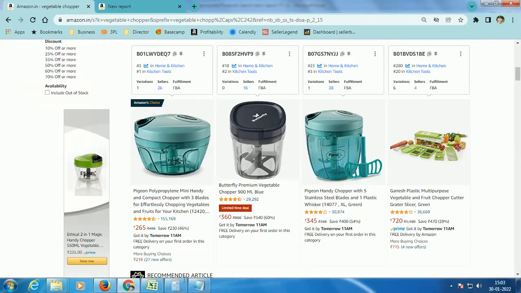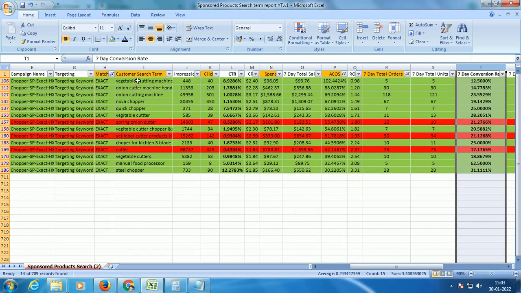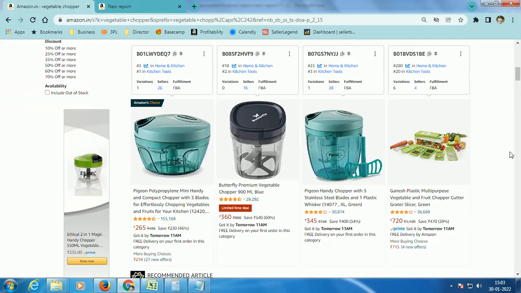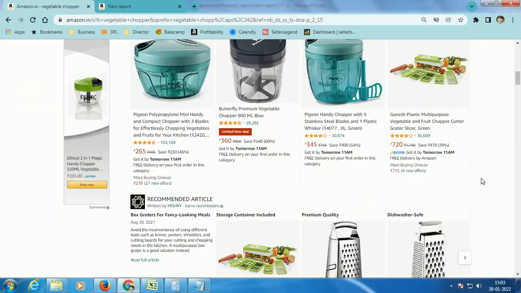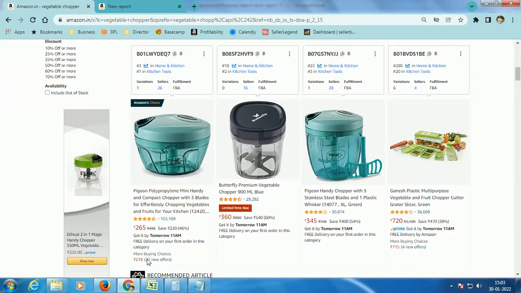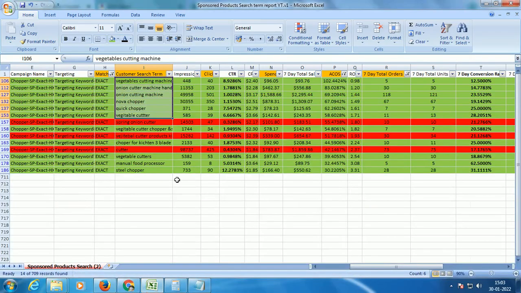So your objective is for these keywords, the ones marked in green, you should target to rank on the first 4 or first 6 or 8 organic placements. You need to occupy these organic placements. In order to do that, you need to have a separate ranking plan, which we will discuss at length in our next video. Okay, but at this point in time, you identified your golden nuggets. So these are your golden nuggets.